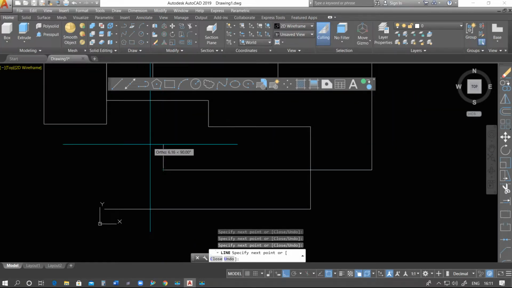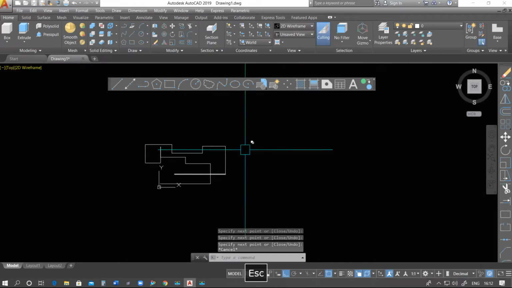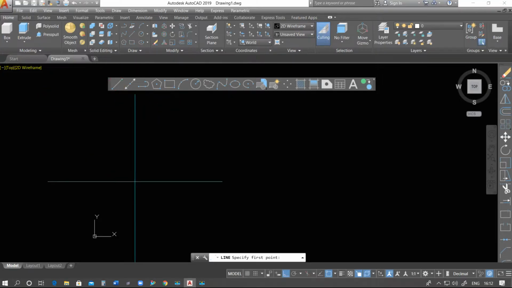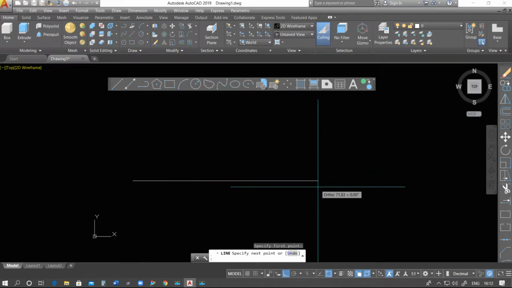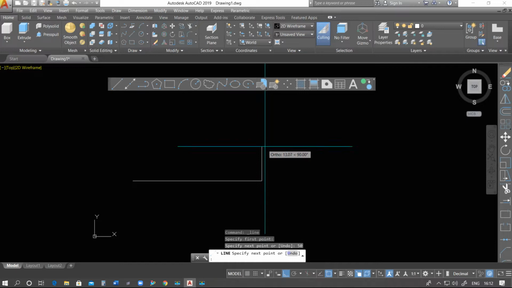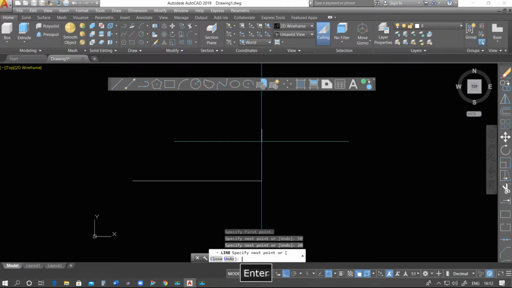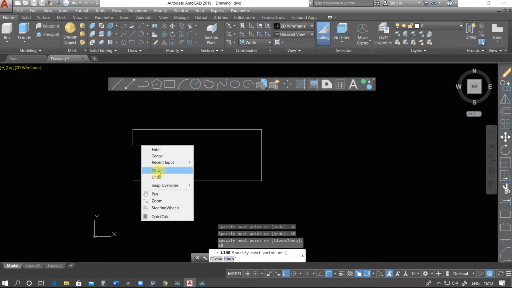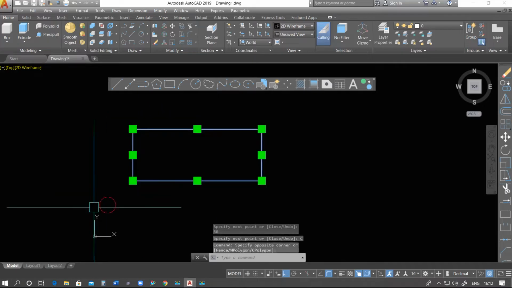Okay, so what we have learned is that we can do as per our requirement. Suppose I want to draw from this point, so we just pick the point, move the cursor, put a specific value whatever you want, and then press enter, and after that you move the cursor up or down where you want. Suppose I want to draw in an upward direction, move the cursor upward. Now it should be 20, press enter. Now here it should be suppose 50. Yes. Now suppose I want to connect this one, so right click, you can connect from here. You have the option that is close. So this is how to use the line command.